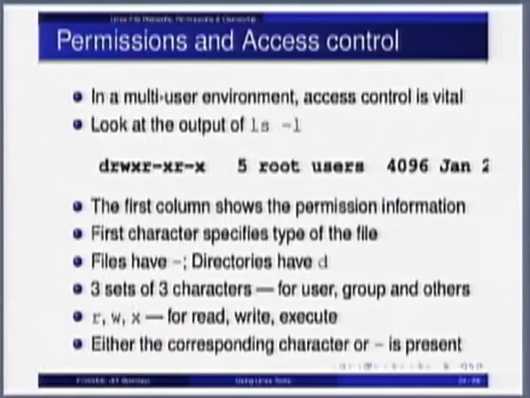So as far as the letters are concerned, if the permission is there, it will say R, read permission is there. If the permission is not there, there will be a dash. Let us go back here. There is a dash here, there is a dash here, but there is W here. The middle character is write for only the first 3, but for the next 2 sets of 3 characters, it is not there.